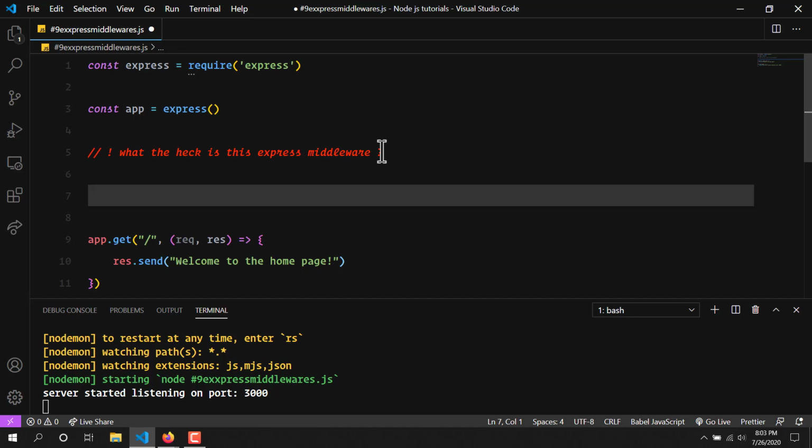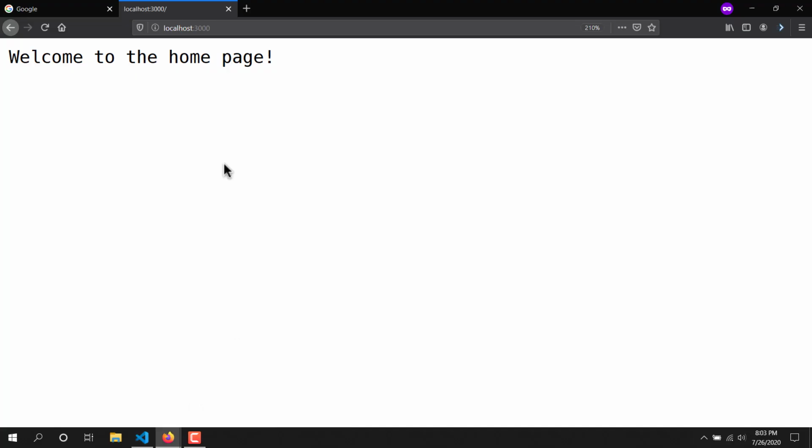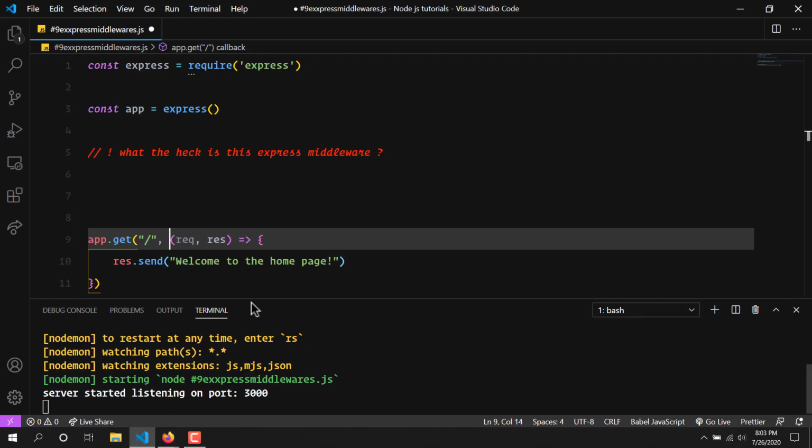Express middleware is something that runs before a route is displayed. Let me give you one example. Before loading this home route page, Express middleware runs before rendering and displaying this content here. So let's see this in action.